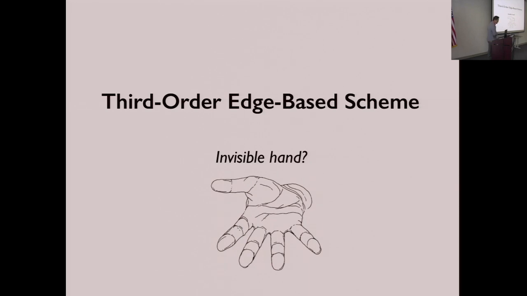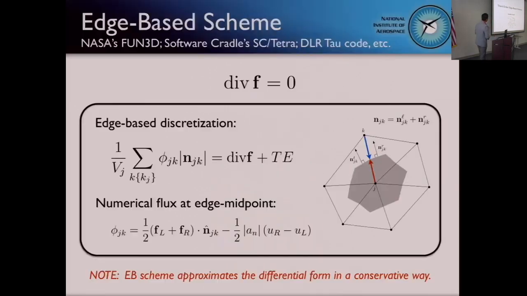And before I get to the source term, I'd like to explain what this third-order edge-based scheme is. The edge-based scheme, typically second order, is a very popular discretization method used by NASA's facility codes, for tetrahedral grids. If we look at this conservation law as an example, the edge-based discretization is defined by integrating this over the dual control volume, and the solution is stored at the node. And that's a nodal value, not a cell average.